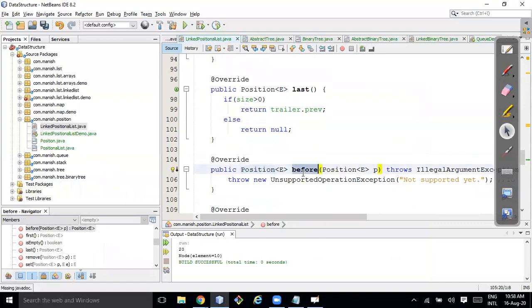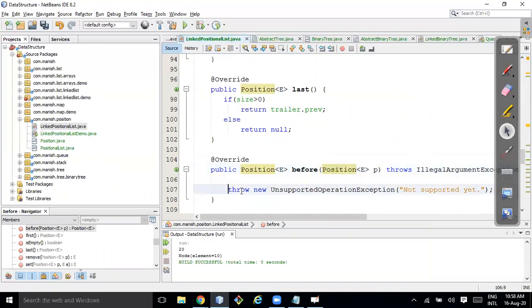Okay. Before this, I'm asking something about the element before this position. How can we implement that? Can I directly write it? Here something interesting comes into the picture. What is the case now? Give me like one minute.